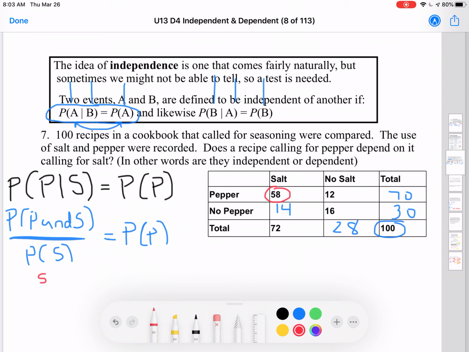That's 58 out of my total, which is 100. What's the probability of salt? Probability of salt is 72 out of 100. And then we're setting that equal to the probability of pepper. So the probability of pepper is 70